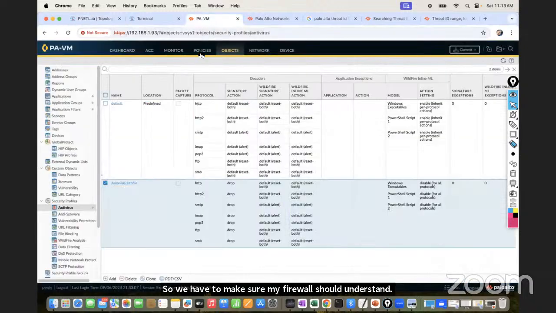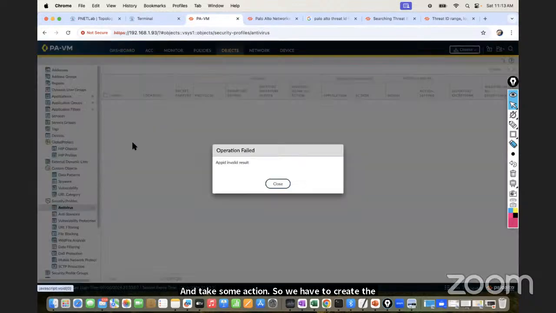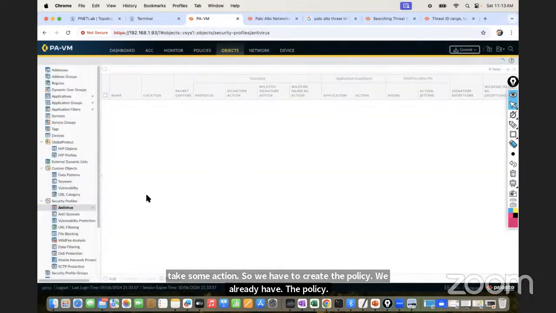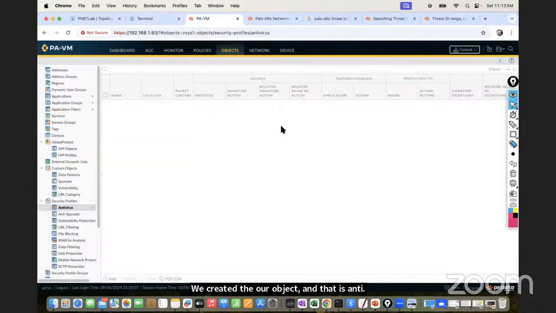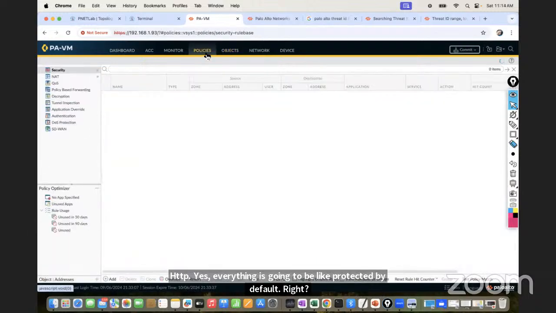So we have to create the policy. We already have the policy. We created our object, and that is the antivirus object. And in this object, I am saying that any kind of virus coming, be it an FTP virus, an SMTP virus, or an HTTP virus, everything is going to be protected by default, right? Drop. So if I go into the policy again,